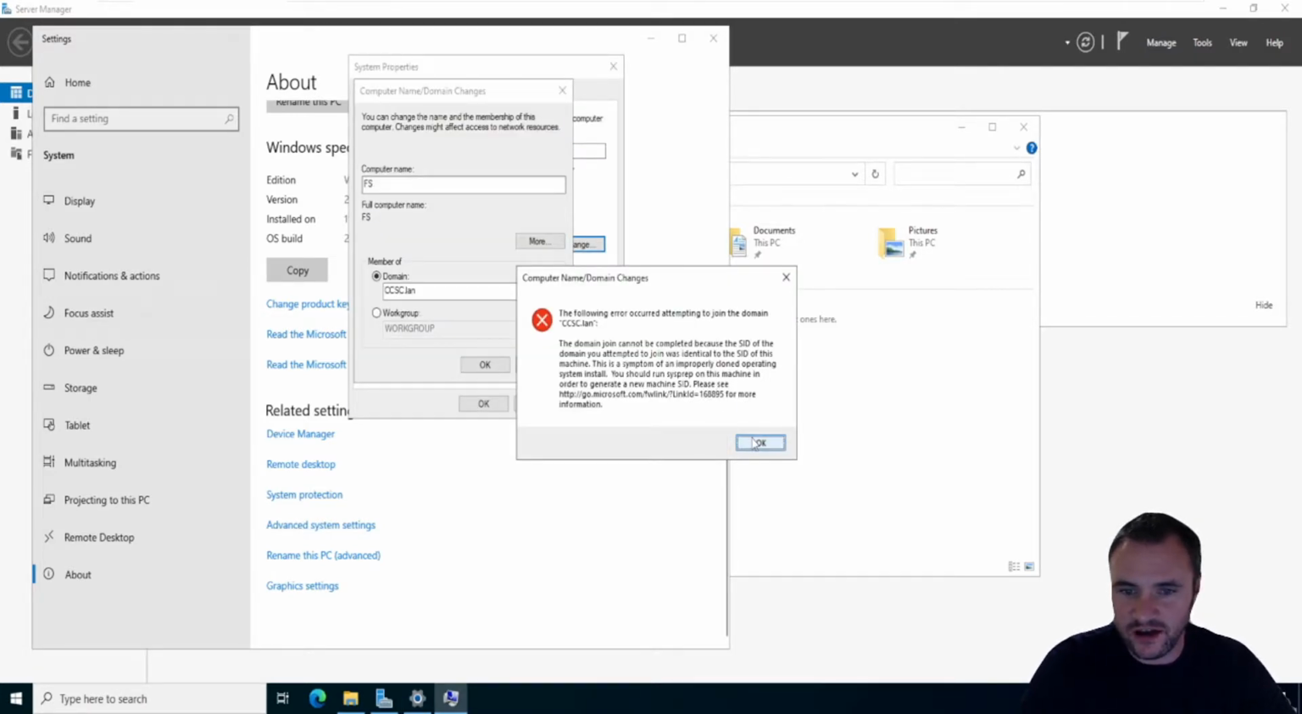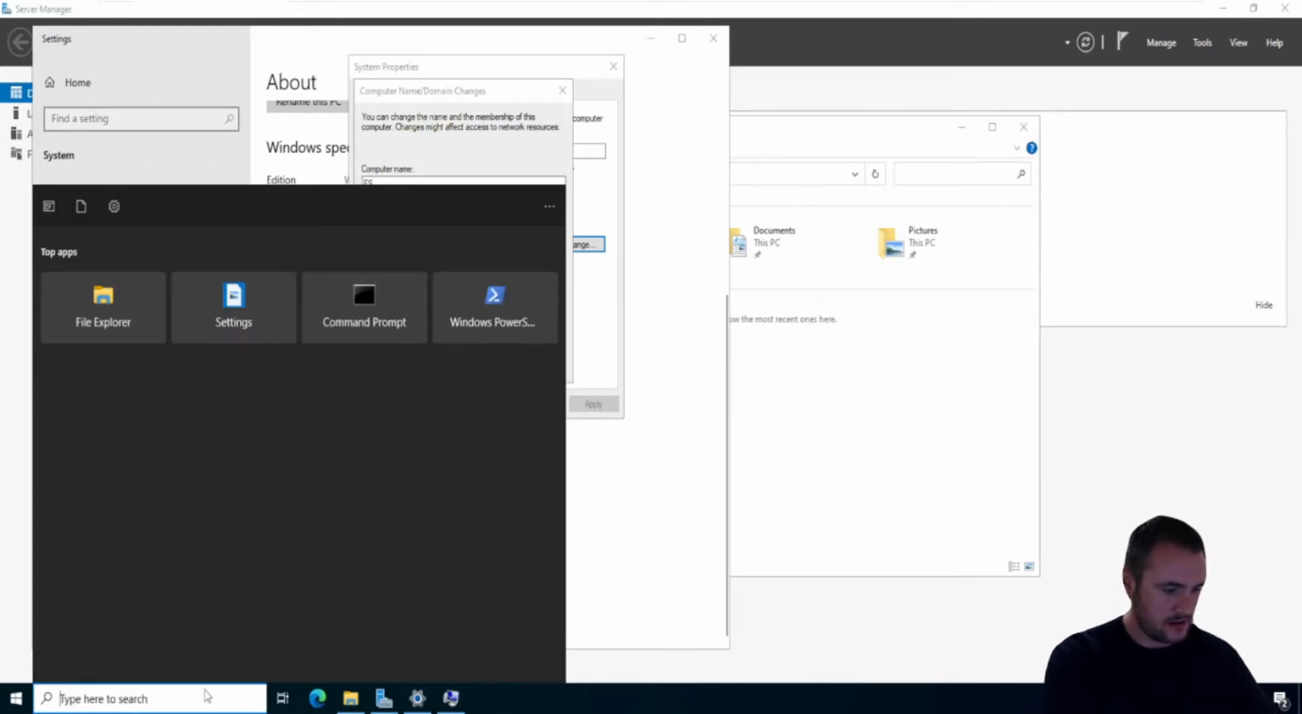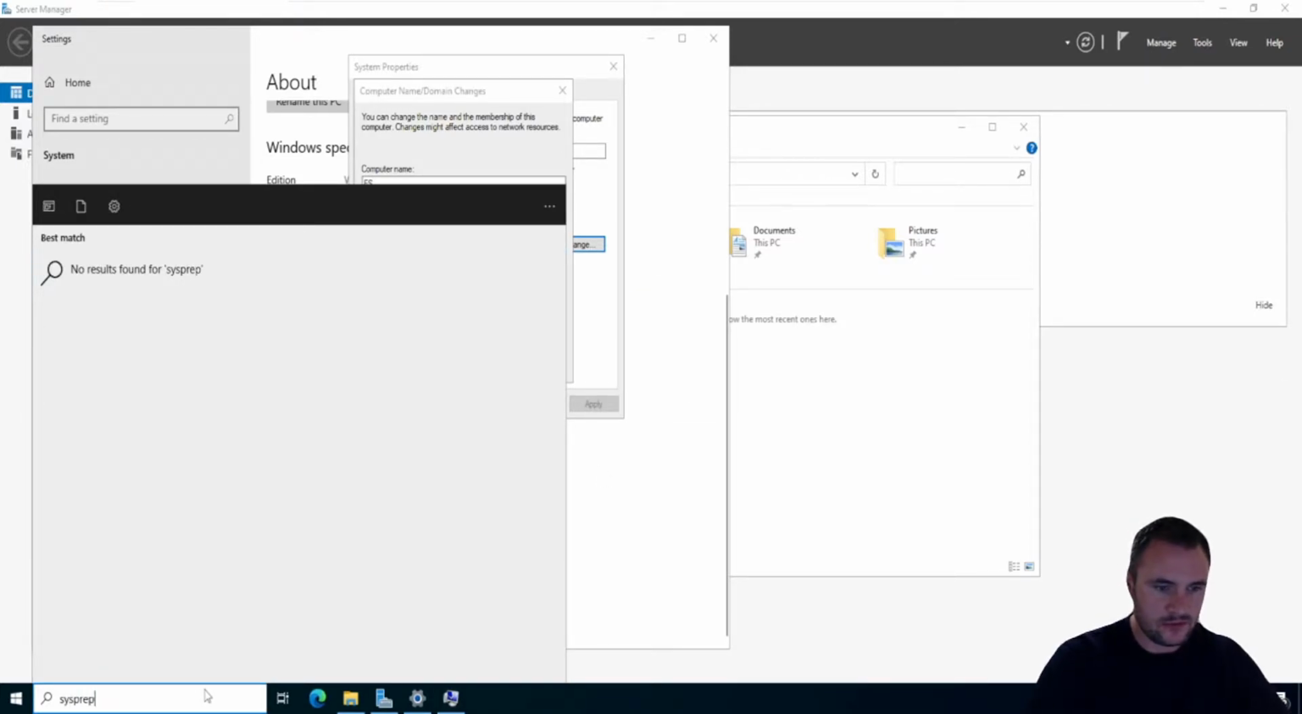So this is a good thing to see. This is a duplicate SID. Because I've got these VMs and I've cloned them multiple times, the SID is the same as a GUID. So I'm going to have to SYSPREP this machine. Probably something that's quite good to see. So if I just go SYSPREP,